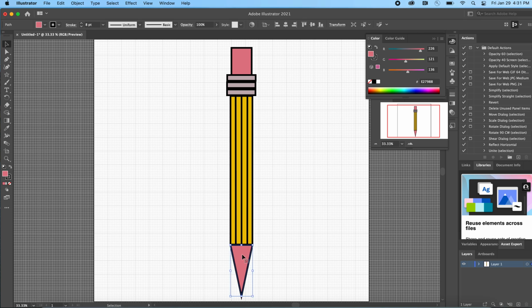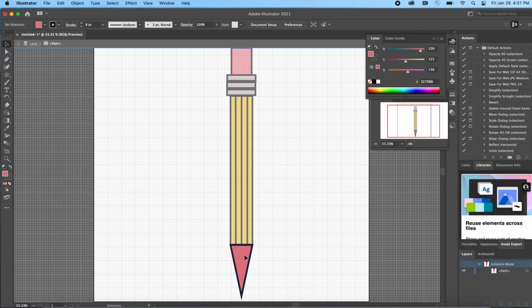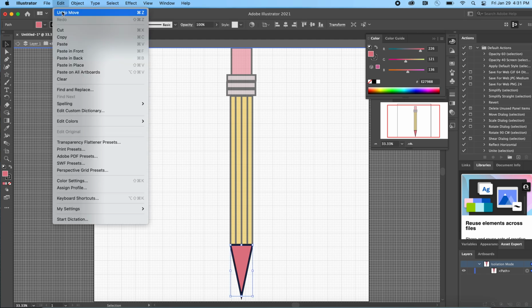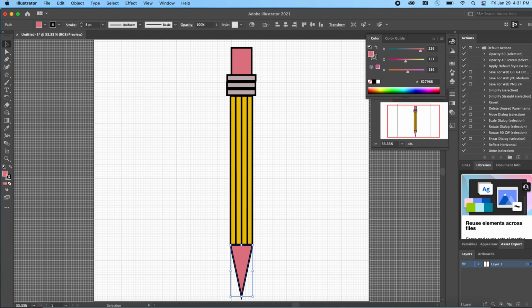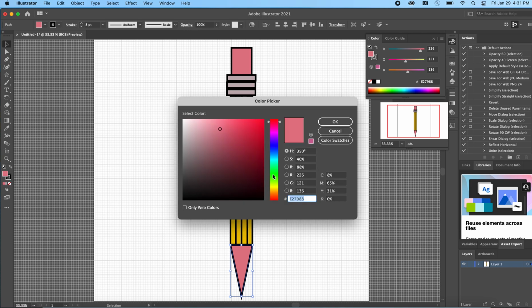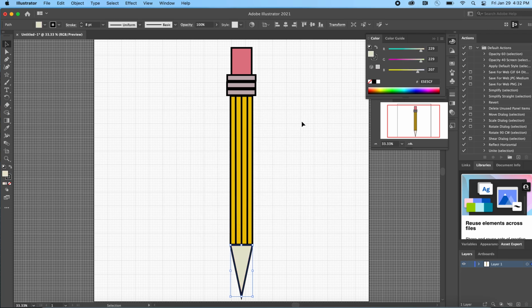We obviously need to go with a different color for that. So I'm going to get rid of the pink. I'm going to go to something that's a little bit more in the family of a wood grain, but I'm going to go lighter than the body of the pencil because I want it to be separated from that, differentiated from that. Okay. Now the last step we need for our pencil is we need to add the black graphite